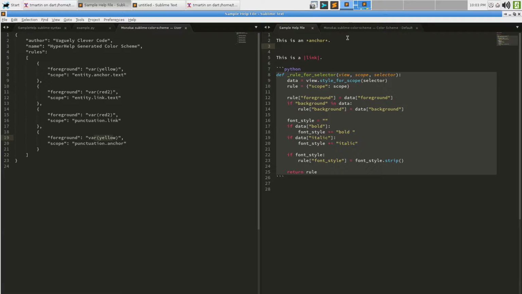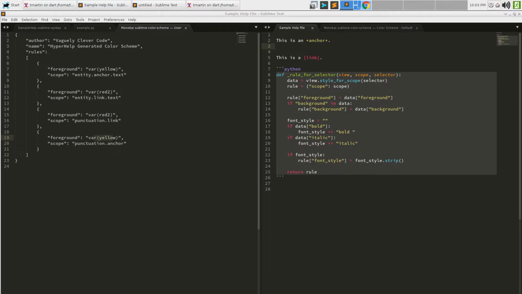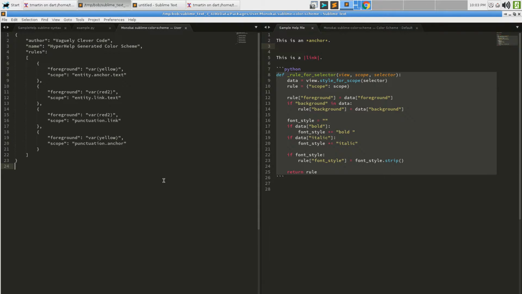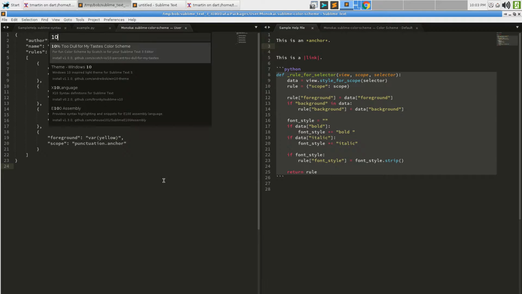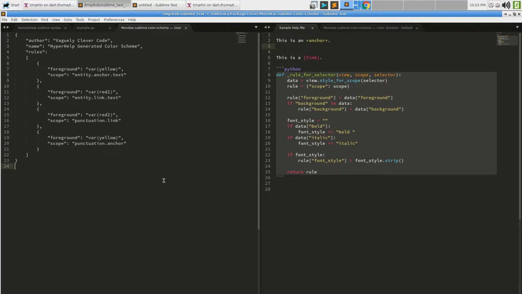But if you didn't want them to, you could also create an override on the rules that are used for help. Now, this is, I think, closer to the solution that I would use, but there is one other problem with this, and that is this. Now, I have to look over here because I can't remember. If I do install package, and I want 10% too dull for my tastes, which is something I just quickly selected earlier